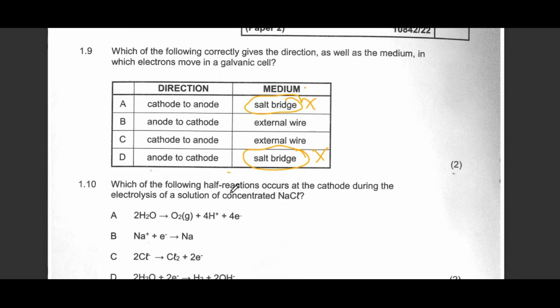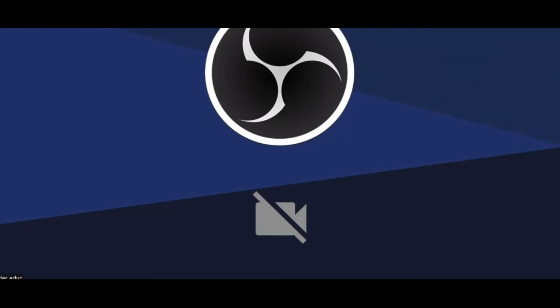They are saying which cell is this? They are saying the galvanic cell, of which the galvanic cell anode is the negative, and then the cathode is the positive. Anode is the negative, and then cathode is the positive. So it means that electrons will move from the anode, and then they go to the cathode, which is positive, so that there is that attraction. And then when they reach the cathode, that's why